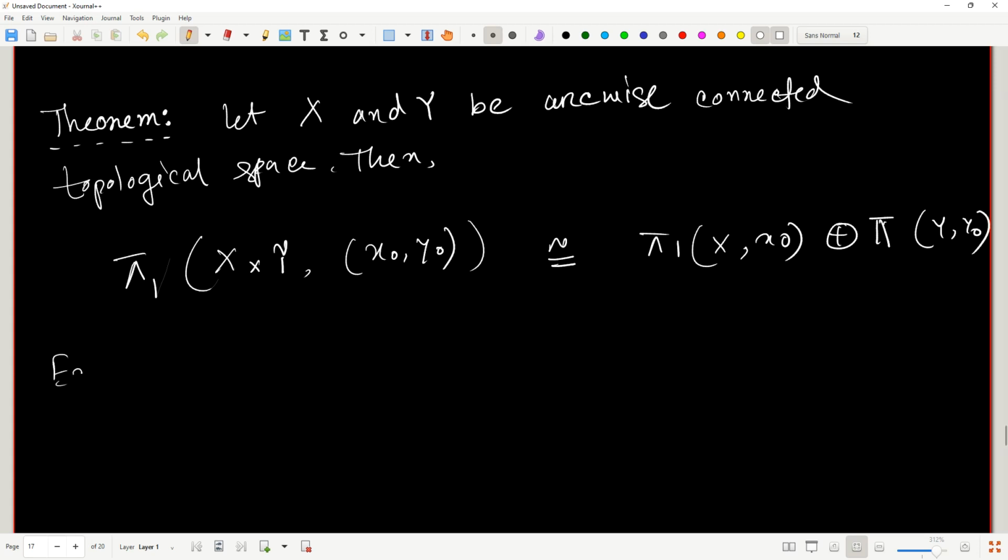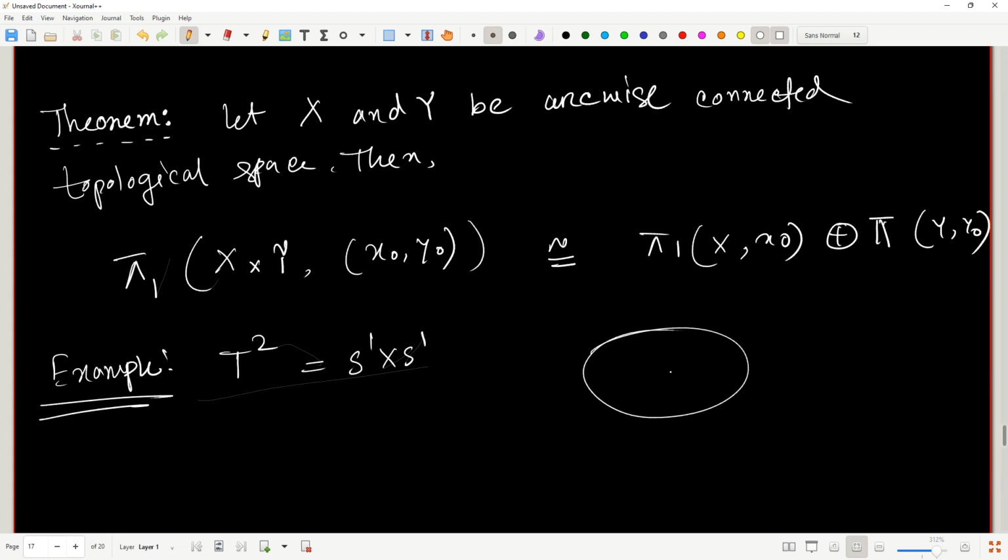And let's see an example. This is indeed a very powerful theorem, as you will see right now. Let's say we have a 2-torus that is written as a Cartesian product of 2 circles. That is this guy, our very familiar torus, or so to say donut. Since we know pi1 of S1, I am not writing the base point right now, is just the additive group Z,